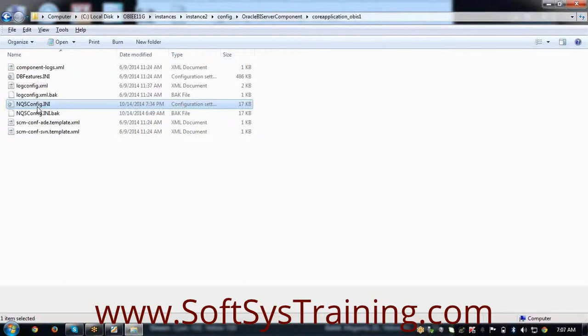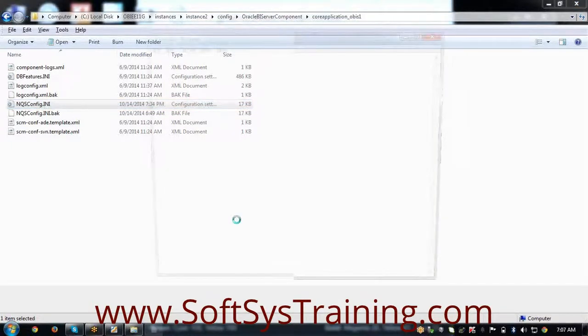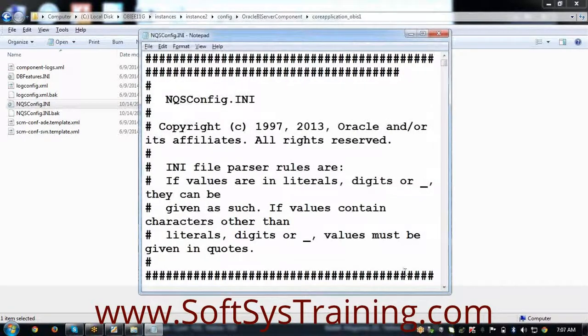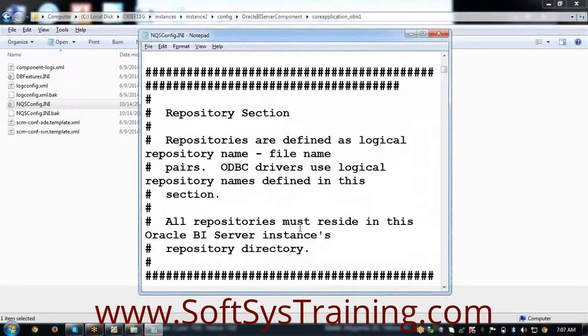In OBIEE 10G, we used to manually deal with this configuration file because in 10G there was no concept of Enterprise Manager. Whatever entries had to be made into this NQS configuration file, we had to open this manually and do the entries into this configuration file. For example, the first entry is related to the repository section, how repositories are represented. Star refers to a star schema.